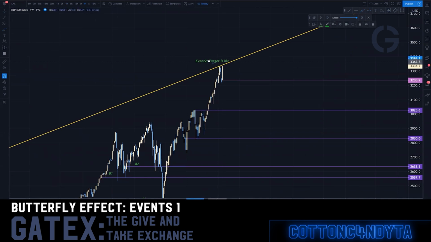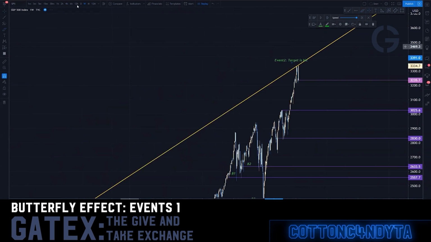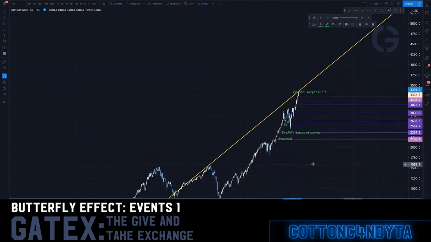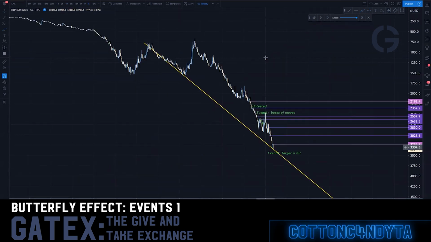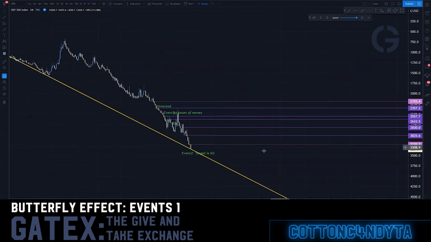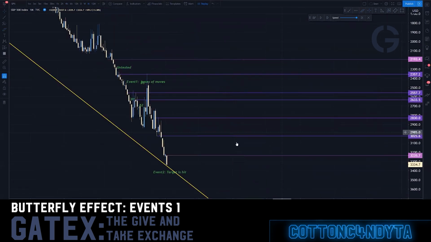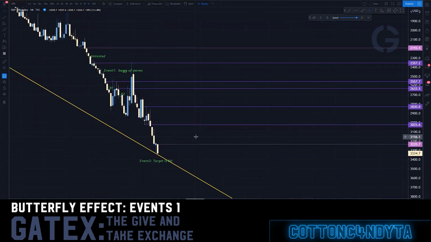So what happens? It creates a different type of event, right? Same thing as a knife catch. Same thing as any hold level that we go after. Any kind of extreme moment. If this was distribution and that was our hold level, we would go after that hold level, right? So this is creating a different event. This is creating kind of a long-term pullback, or what would be where you would look at event number one,